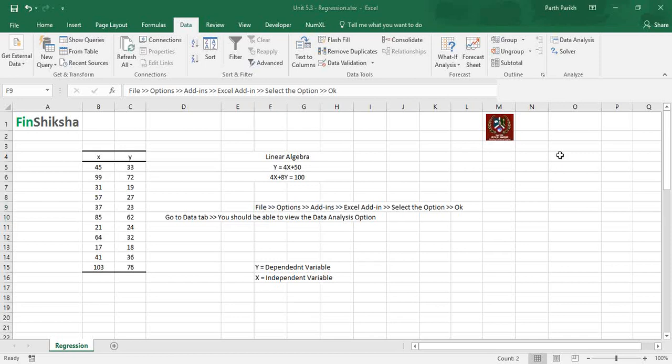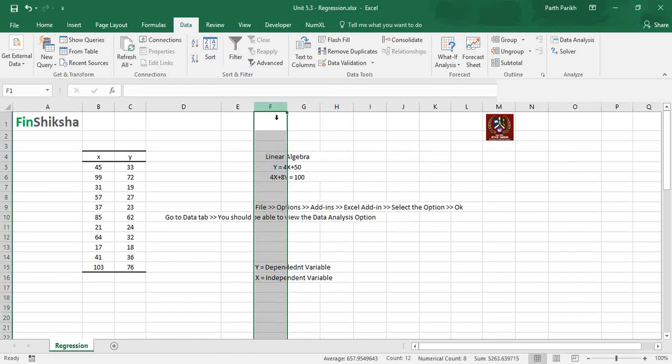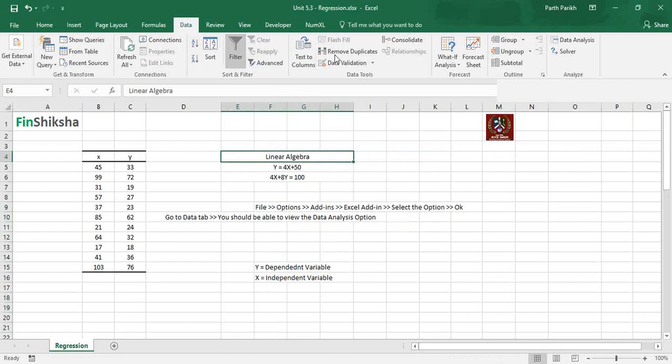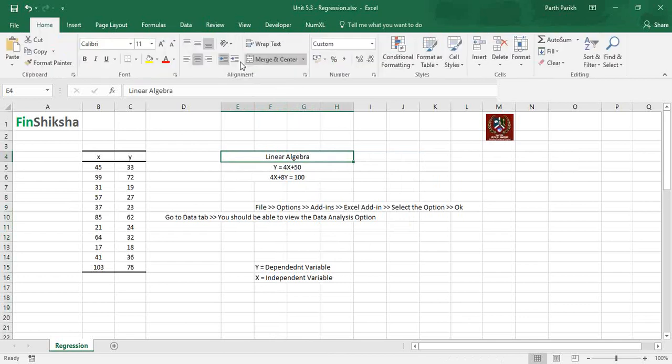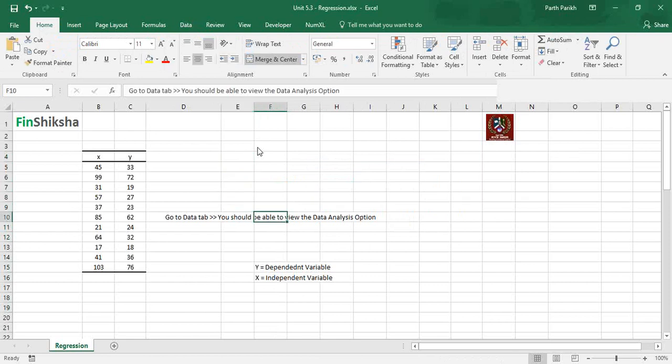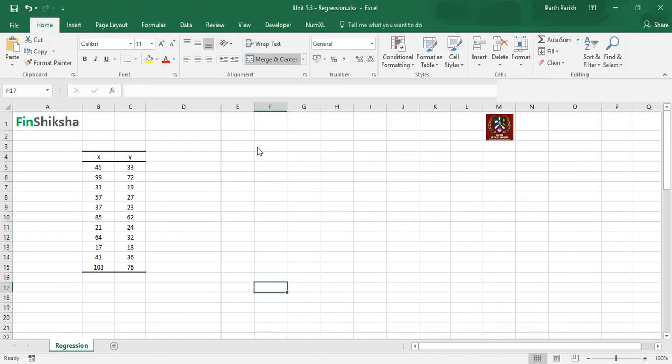Now in this video we are going to learn about the basics of statistics and how we find them. In the meantime, I will remove all the data which is over here. I'll unmerge this, and I will remove the data which is over here. Okay, now I have these two data sets, variable x and variable y, and the data has been given to me. Now I will select this entire data set.